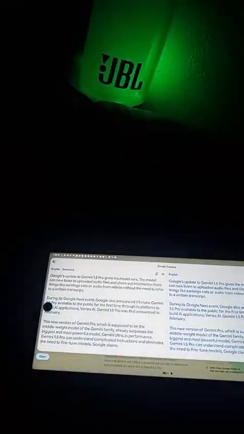Let's see. Gemini mainnet. Let's put this back in portrait mode real quick. Okay, let's close this app, and that's pretty much